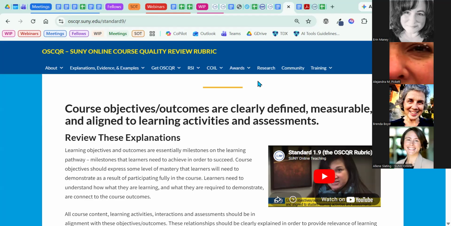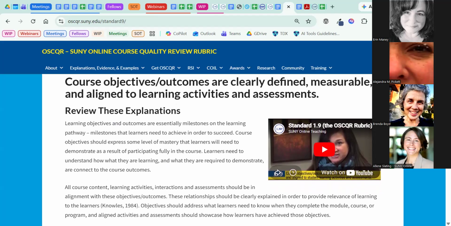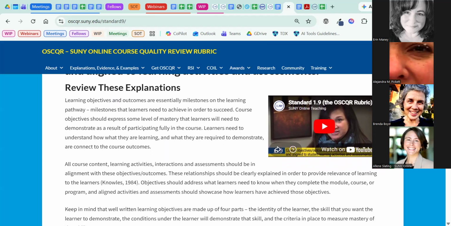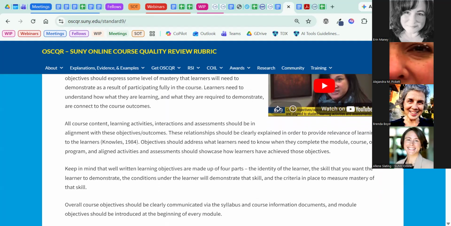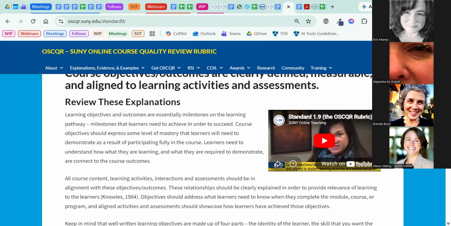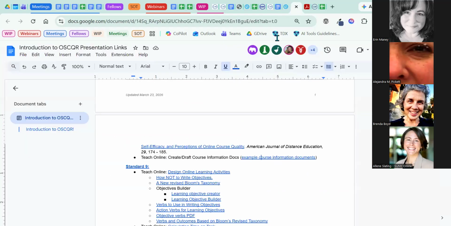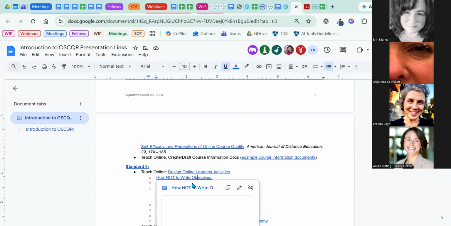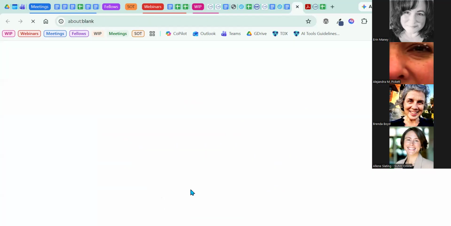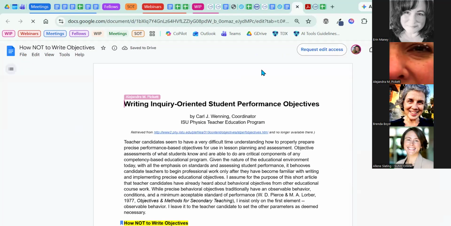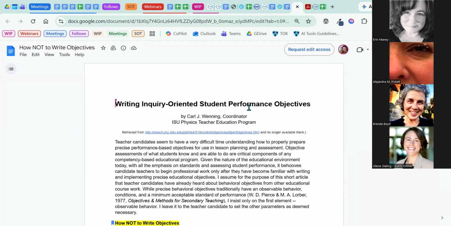So when you're giving feedback to someone and you're looking at the course, you go try and find the syllabus and compare the syllabus with the model that I showed you to see if anything's missing, or could you make any recommendations on how to improve that, either within the syllabus or within the context of the course. And then look at the course information documents for the stated course objectives. The document How Not to Write Objectives is a resource that I have shared with you in that list of links, and I like it because it was done a long time ago by a professor.